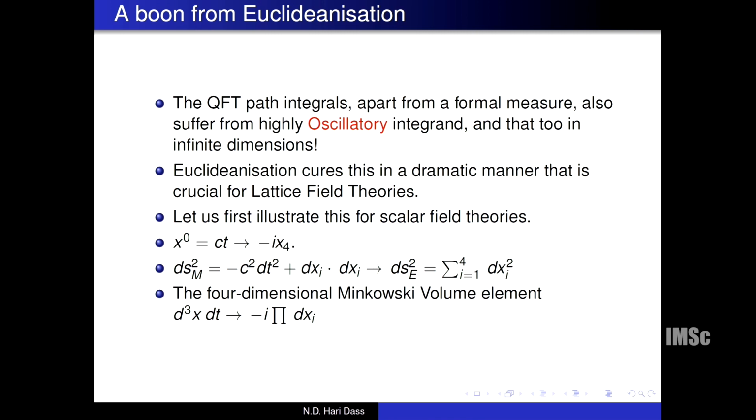Now, here comes what can be called a boon from Euclideanization. This alone is enough to justify looking at the Euclidean postulate very seriously, and that is the QFT integrals, apart from the measure which is very, very formal, also have an oscillatory integrand, e to the i S classical, and these integrals are infinite dimensional. Just imagine integrating an oscillatory function even in 1 or 2 dimensions, you will realize the path integral is hopeless because that integrand is oscillatory, and here is what